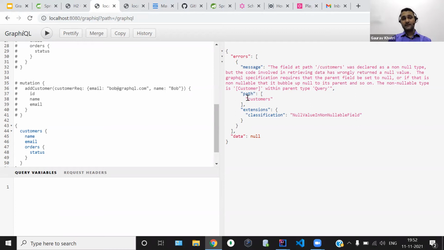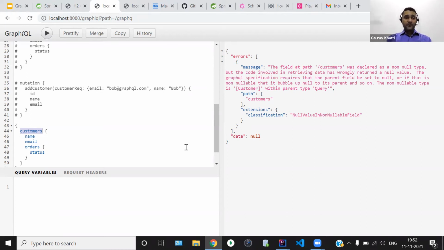By looking at this error, we will straightaway know the developer has violated the GraphQL schema. Over here, this particular customers GraphQL resolver query can't return null, because in the GraphQL schema we have mentioned we can't return null. Either we can return an empty collection or some data out of this.